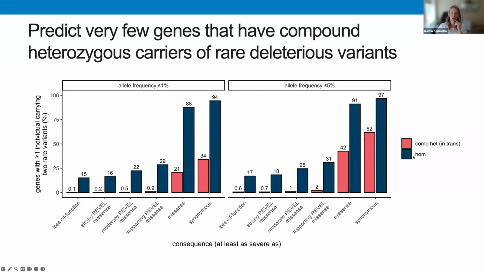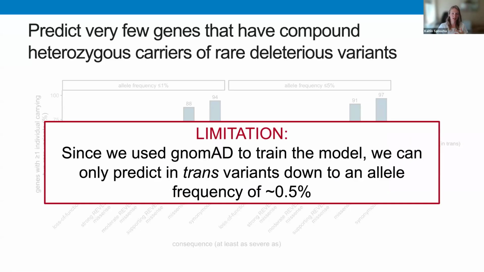The blue is the homozygous variant. So you see that across all allele frequencies in all classes, but really not a lot for loss of function. I should be upfront though, a limitation here is that since we use gnomAD to train the model, we can only predict in trans variants down to an allele frequency about 0.1%. So we do struggle a little bit with some of the most rare variants,